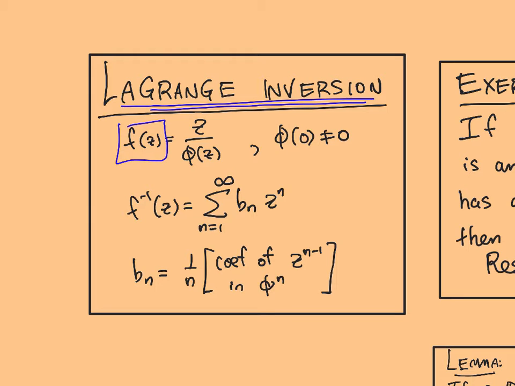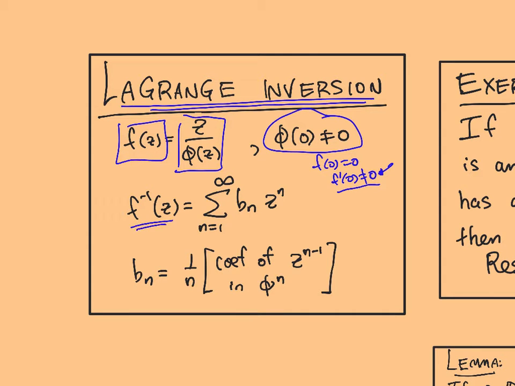And another way to say that is, I'm assuming its value at 0 is 0, in which case I can factor out a z and write it as z over phi of z. You have to get it into this special form in order to state Lagrange inversion in the simplest way possible. Because the derivative is non-zero, you get phi of 0 is non-zero. And if the derivative is non-zero, it's locally invertible, so I'll have an f inverse that has a power series